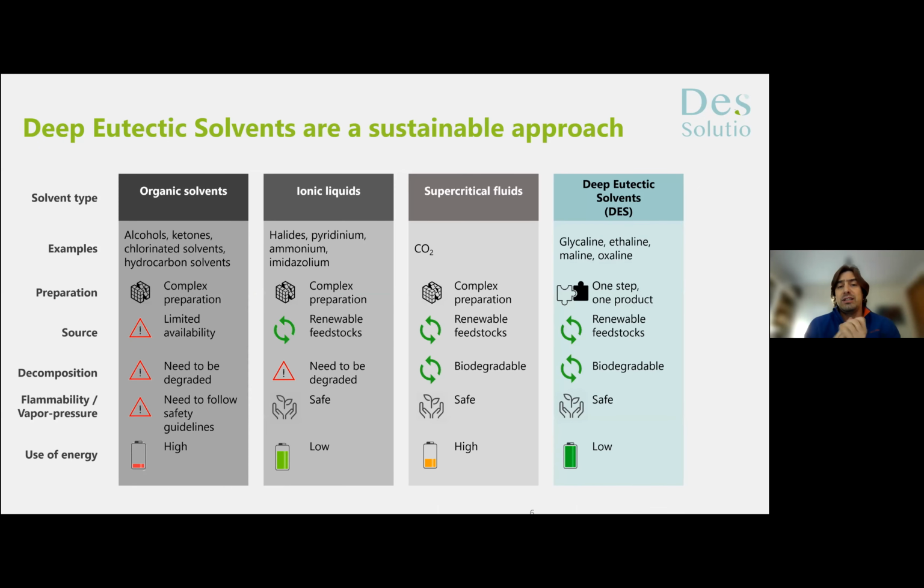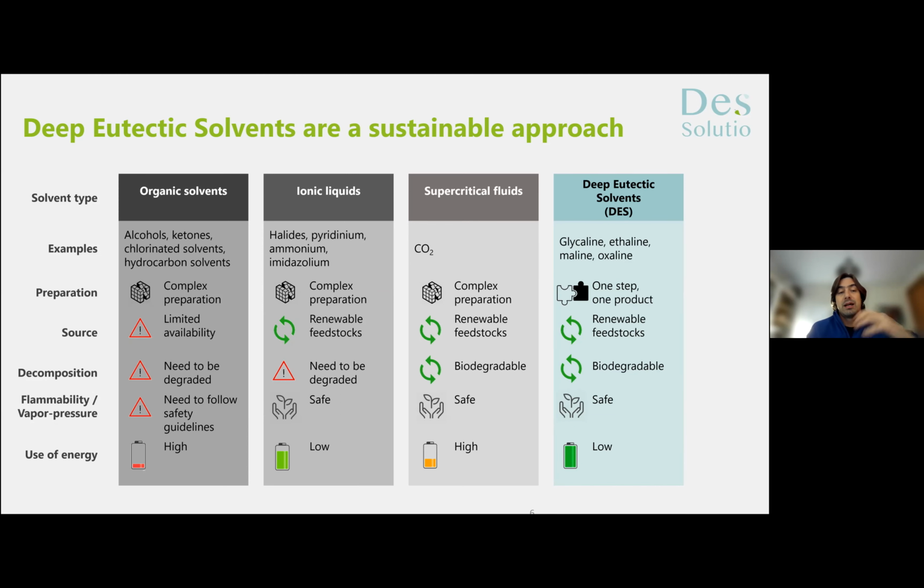But the deep eutectic systems are truly the sustainable approach. And if you do a kind of benchmark regarding the usual suspects, the highest competition, which are other green solvents and of course organic solvents, deep eutectic solvents have two main advantages in our point of view. The main one, of course, is biocompatibility, because they are based on natural products, normally natural metabolites. They are biocompatible. And this is, of course, the main advantage.